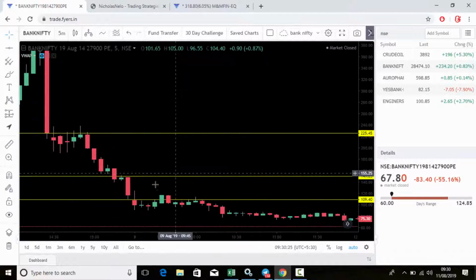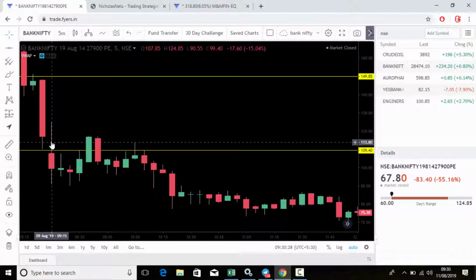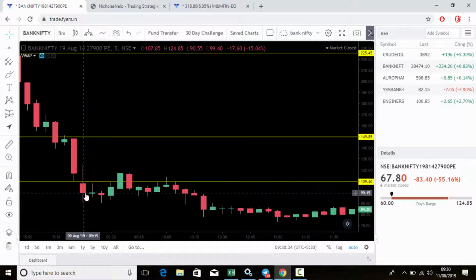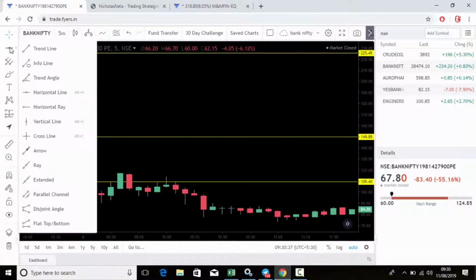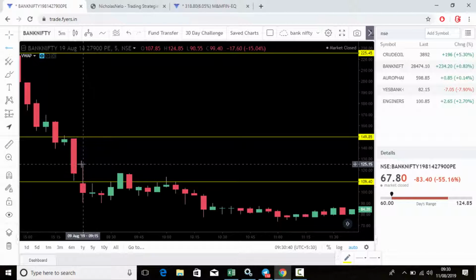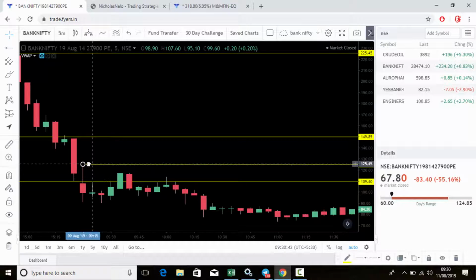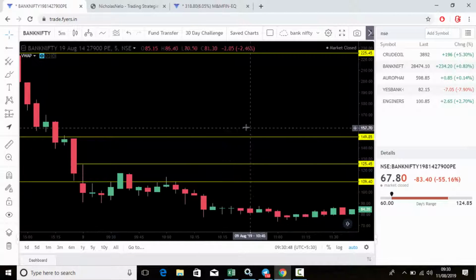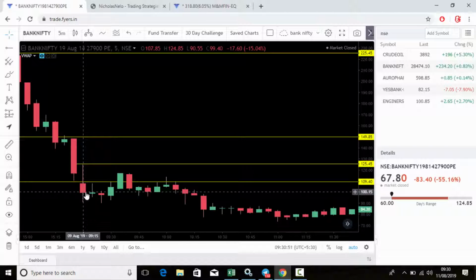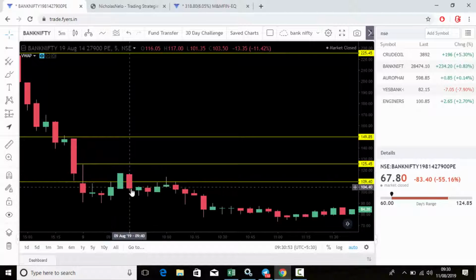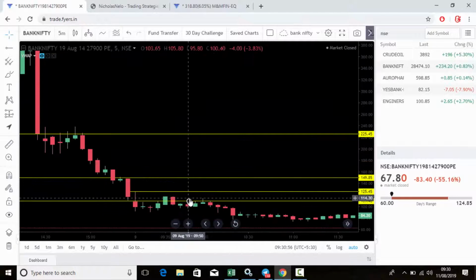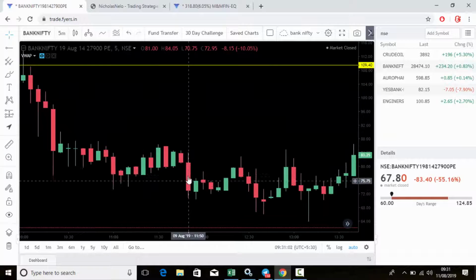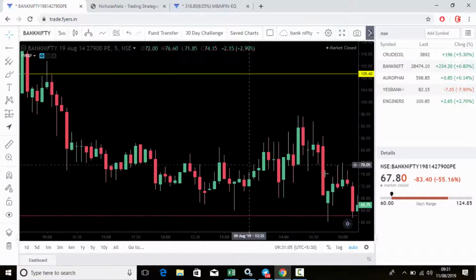Okay, this is the opening candle. See, the opening candle itself breaks the low. So we can go for a sell here and put a stop loss at the day high. That means this level. We already know the market is on the sell side, and we put the stop loss also, and you just go to sell here. And if it goes up and again comes down, then it comes down only. See, okay, the whole day it comes down.